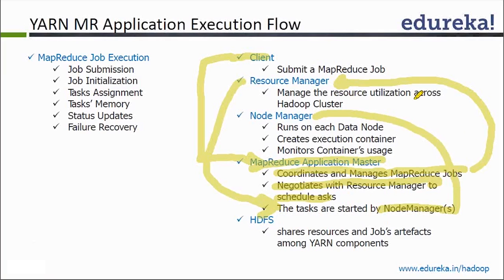Just as you had the task tracker running on each data node, in a similar way you now have the new process. You can remember this name, guys. Now you have the node manager that will be running on each machine inside the cluster, and it will take the container which is provided by the resource manager. Sorry, by the application master, which is negotiated with the resource manager, and it will be given to the node manager to execute that. The node manager will basically create an execution container, and then it will monitor